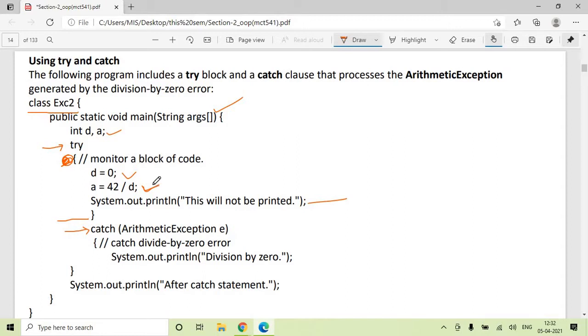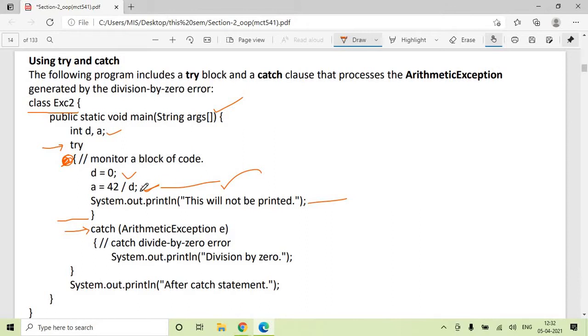Since you know that from this line an exception will be generated, the process is to create an object which represents that exception, throw that exception, and catch that exception at the appropriate handler.